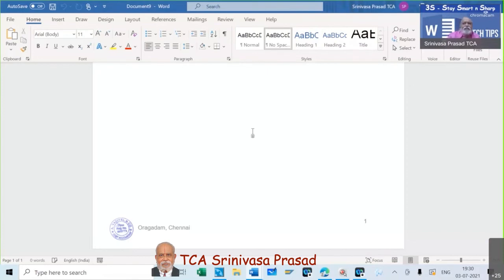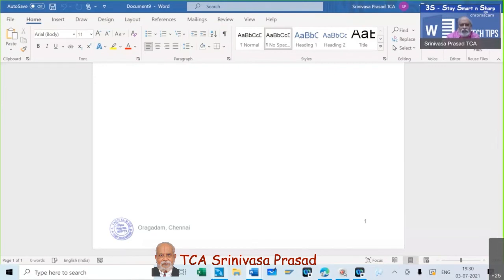Sir, this seal, how do you scan it and keep it as a normal picture? The scanner, the seal. Have you scanned it as a picture? How have you done it? The seal can be scanned as a picture, JPG file. Okay. Then there are some websites which take this JPG and give you back a transparent picture. That means here it is a white background. I will explain to you, sir.